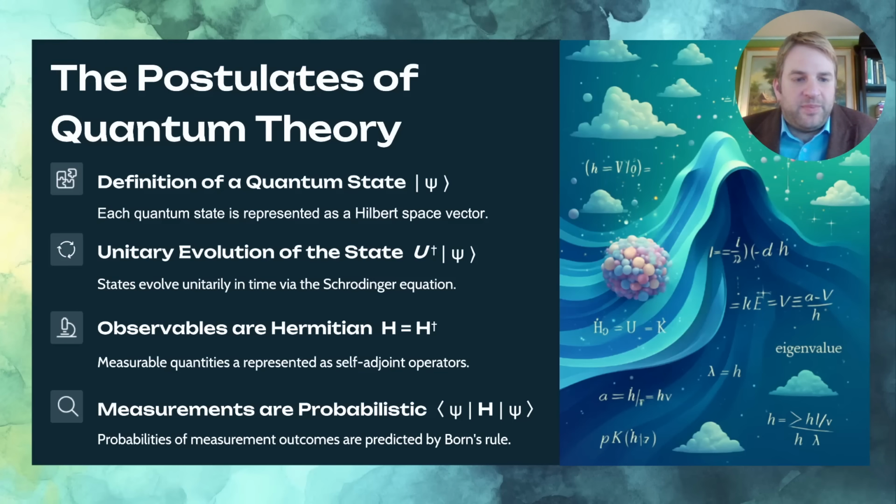We can propose a so-called unitary, that is reversible, evolution of the state according to the Schrodinger equation, Schrodinger wave mechanics, of course, and the postulate that observables are all Hermitian. This is a special type of mathematical symmetry that guarantees that the outcomes of any measurements in our mathematical calculus will all be described by real numbers.